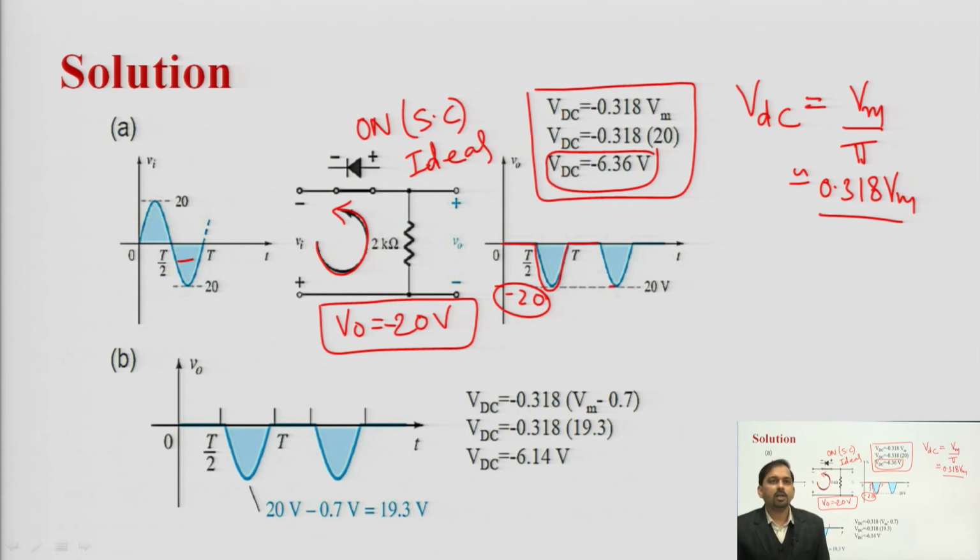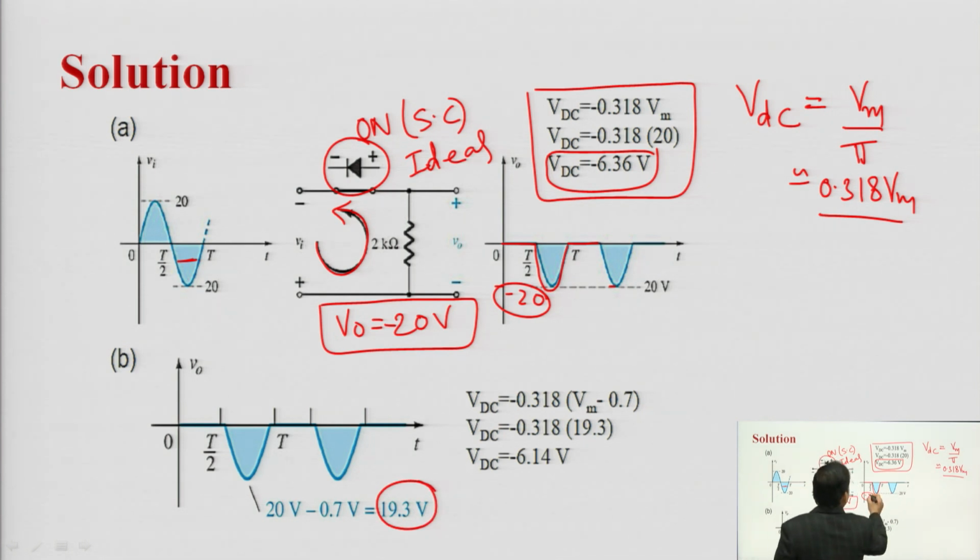Now we will see when the diode is made up of silicon. What will happen, again during the forward bias of the PN junction, meaning during the negative half cycle, this diode will oppose a voltage of 0.7. So the effective voltage will be less than 20 volt, 20 minus 0.7, which is around 19.3. Previously we had the peak at minus 20, now we will have the peak at minus 19.3 volt.